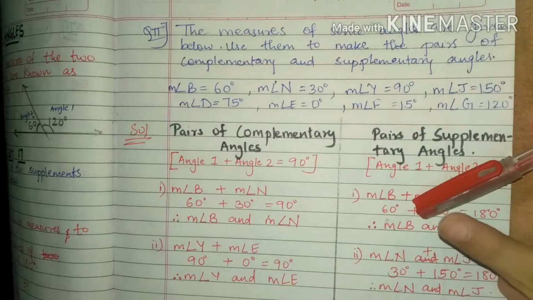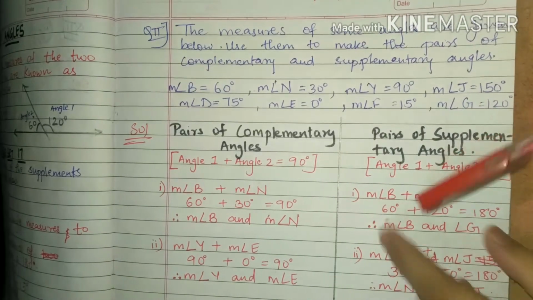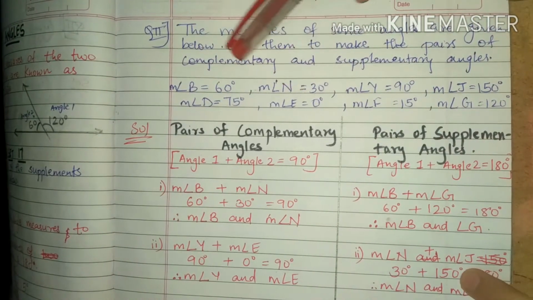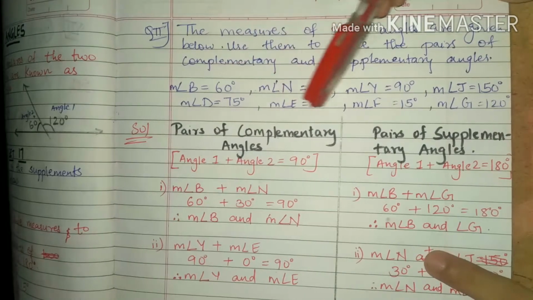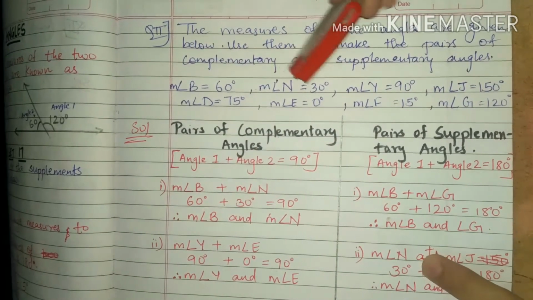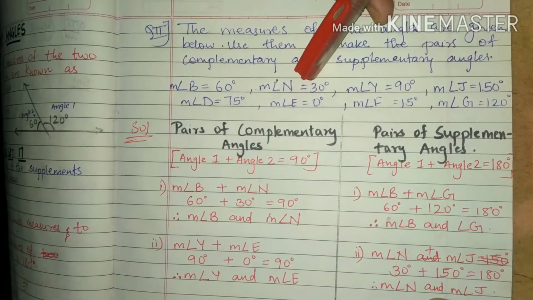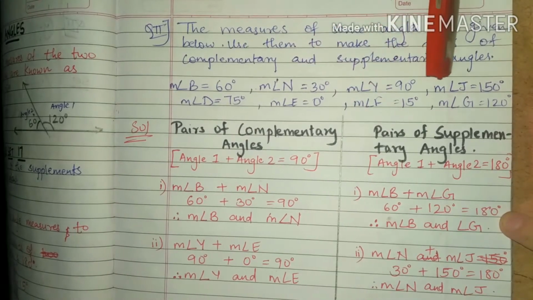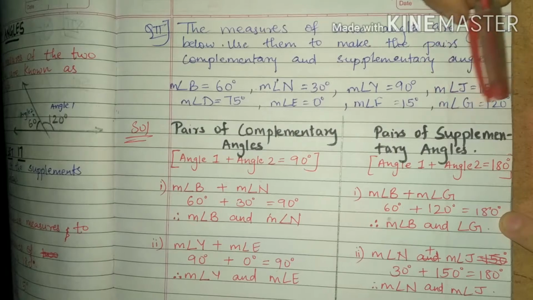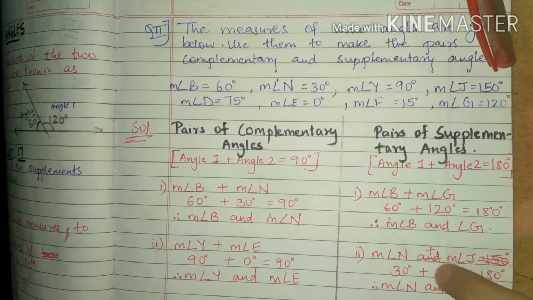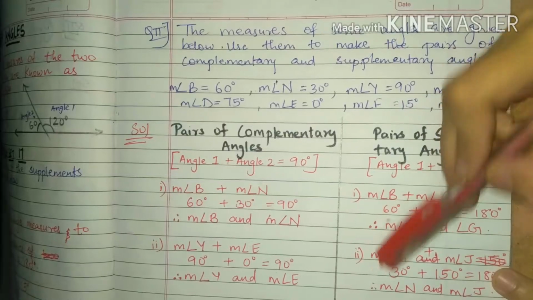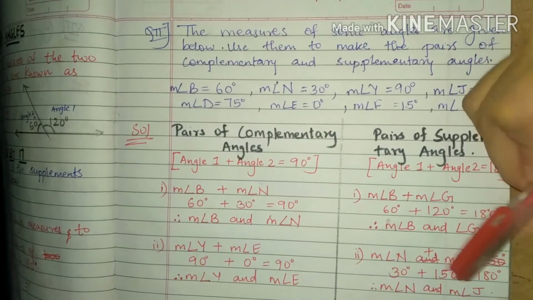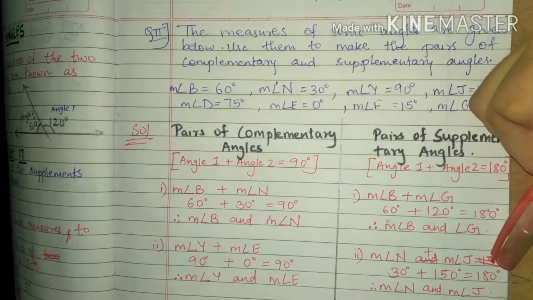One pair comes in two, na? So this is one pair. Now let's see whether we get any other pair or not. So see, now if I am taking, measure angle N is what? 30 degree. So if one angle is 30, the other angle needs to be how much? For summing up to 180, the other angle should be 150. So I am taking measure angle J. Measure angle N plus measure angle J: measure angle N is 30 degree plus measure angle J is 150. So 30 plus 150 equals 180 degree.